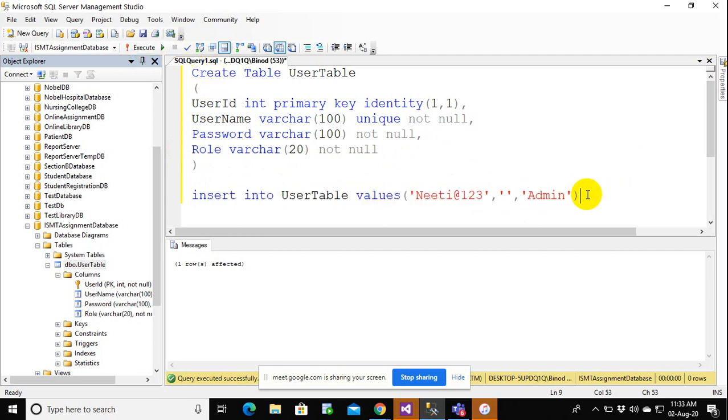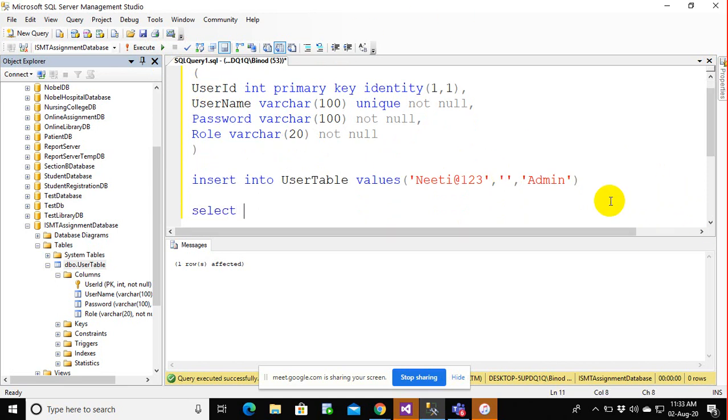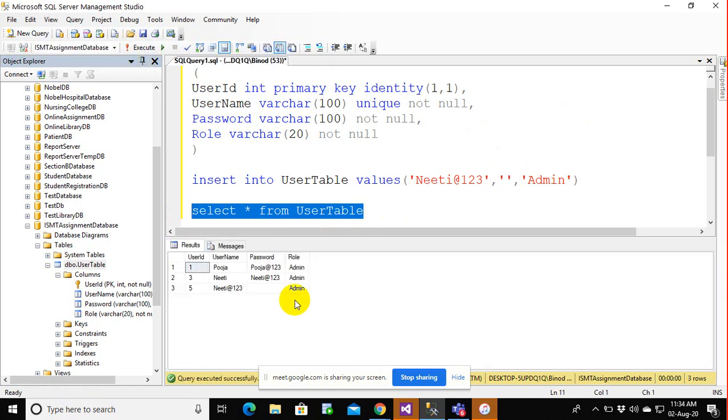So let us try to retrieve. I think there is some problem out here, because this value has been accepted, and this should not have happened. So let me just select. Even the null value has been accepted as something. The blank value has been accepted as something out here.